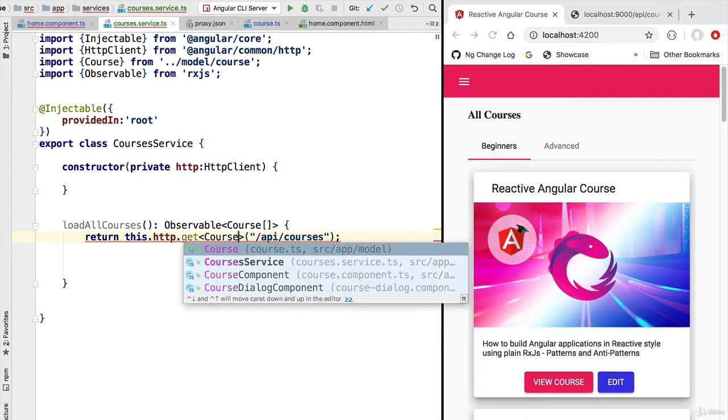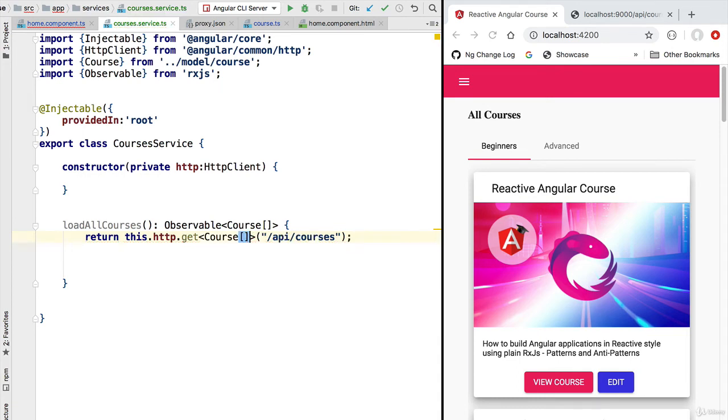In this case, we know that the values emitted by this observable are going to be of type course array, and this fixes the problem. Now, even though the compilation error has been fixed, what we are actually returning here is not yet a course